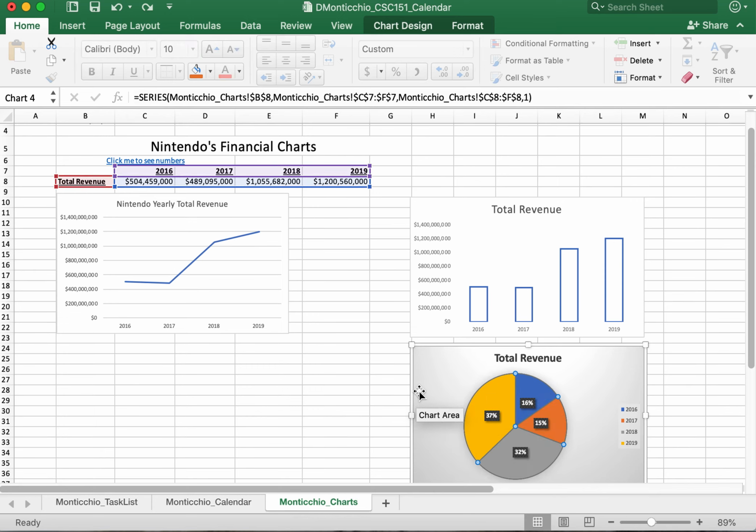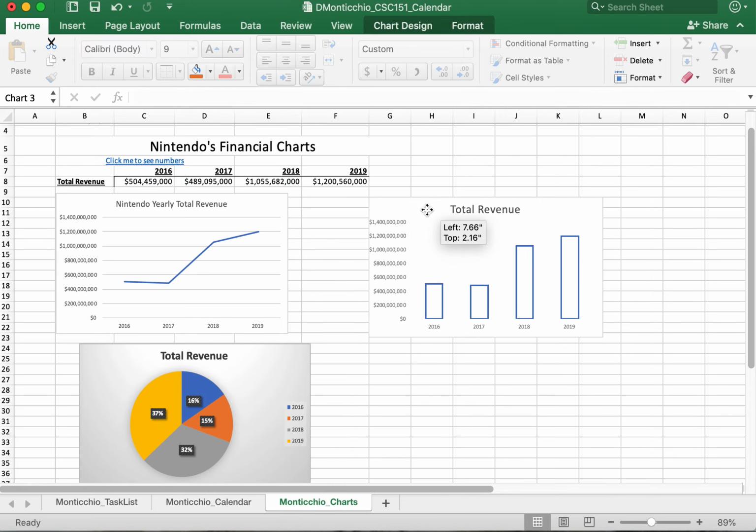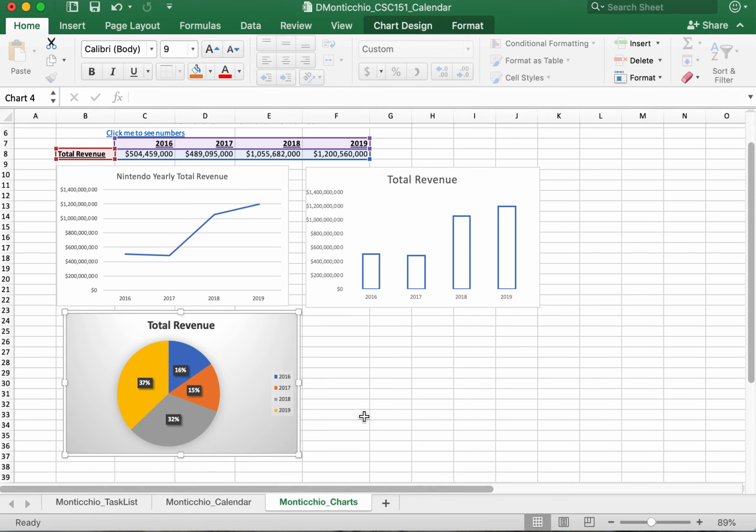Oops, I clicked and dragged the wrong part. So just try to keep them a little bit closer to each other so that they fit on one page if you were to print it out. And we're good. We can save this and submit this through Moodle, and I'll see you in the next video